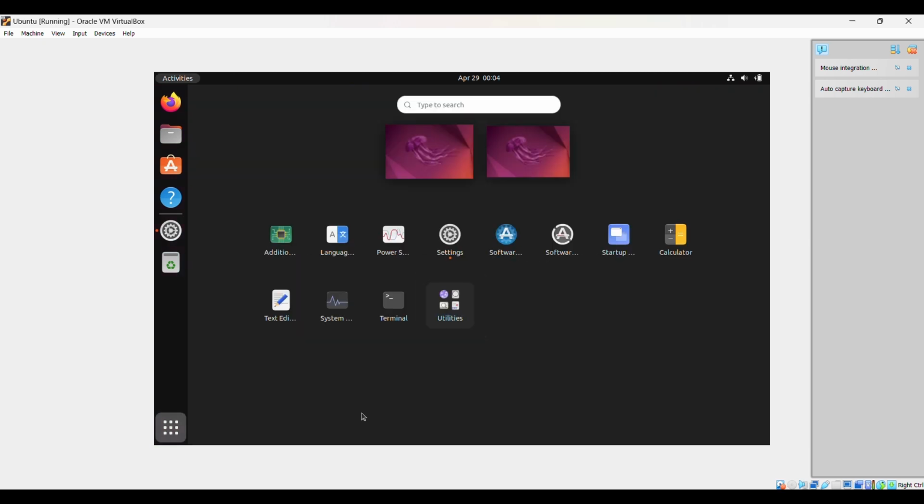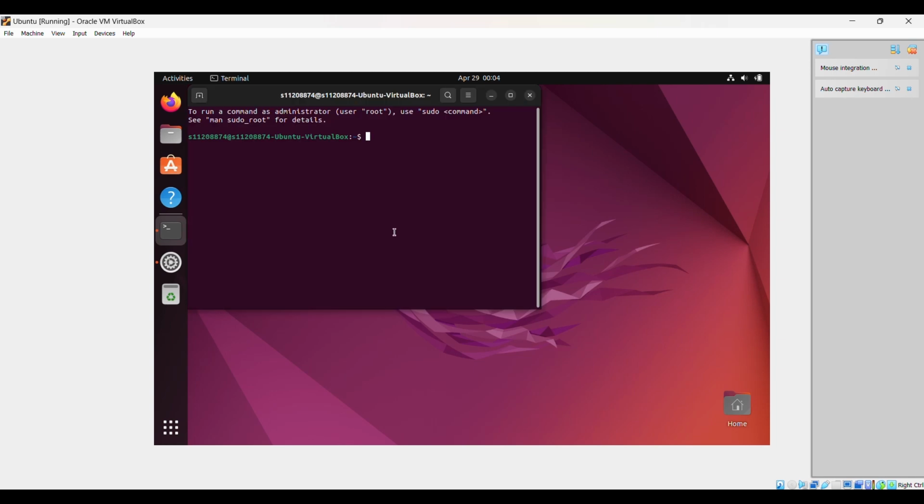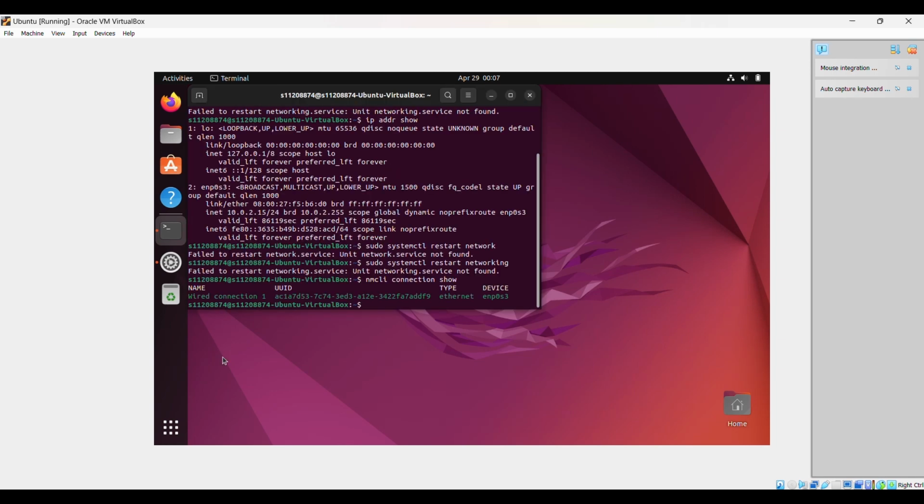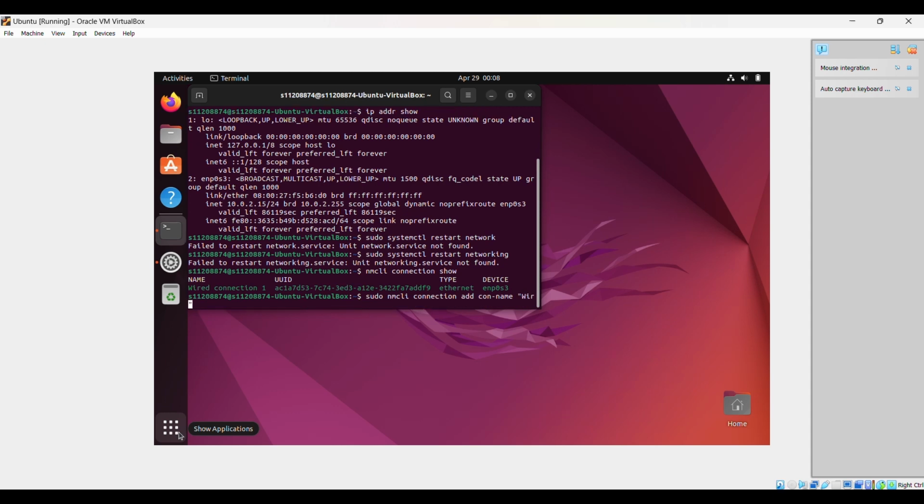And now we will open the terminal. We are just trying to establish a connection. You can pause the video and look at the commands that I have already installed. The first command, ip addr show, was used to show if the IP address that I have entered is now operational or not, and from that we can also see how many connections the Ubuntu operating system